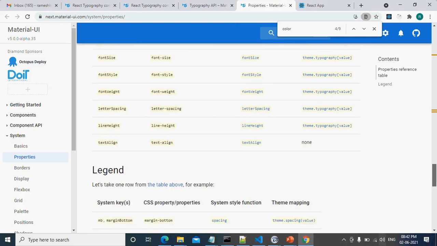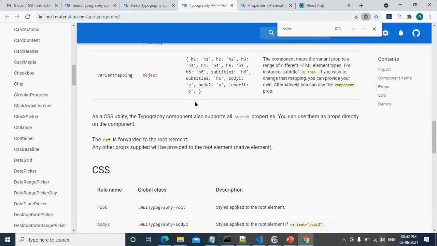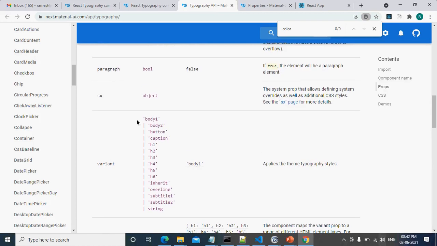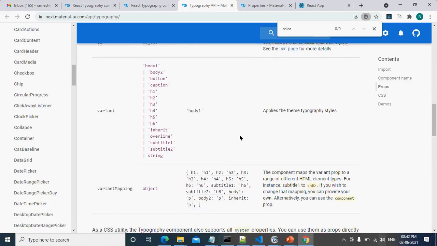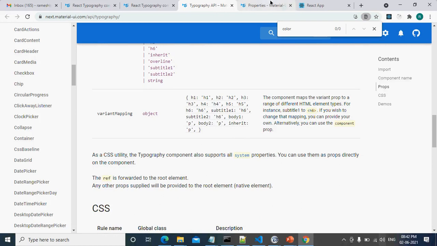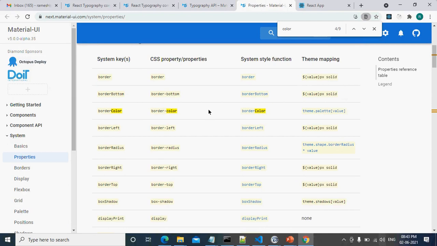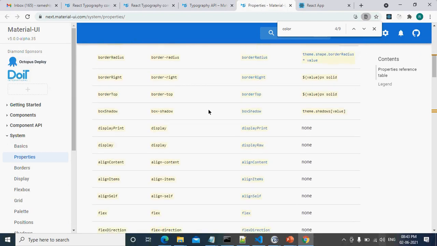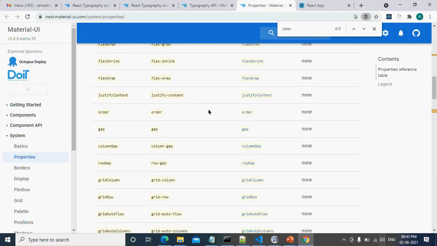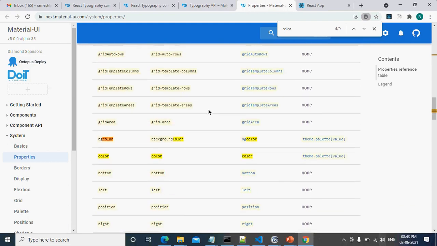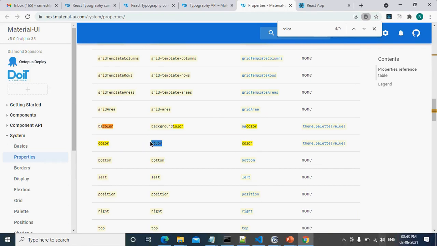So according to the API, Typography supports these components. Along with that, it also supports the system properties, correct? Yeah, these are the system properties. If we want to mention any system property, we can mention it. We mentioned a property called color in order to display the color for this text, whatever the text. We mentioned color, right? So color will have a